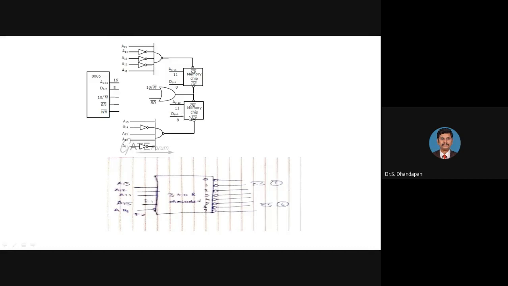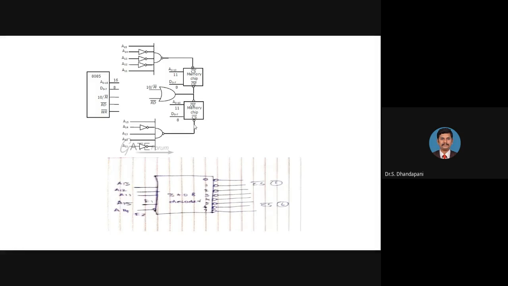With the same logic, E1 and E2 we have already connected as 1 and 0. There is no difference for A15 and A14. This should be 1, this should be 0. These values should be 1, 1, 0. Then only the output here will be 0 and this chip will be selected. So for 1, 1, 0, it is connected. 1, 1, 0 is 6. The output 6 is selected. The selected line, output 6, is connected to the second IC chip select bar.